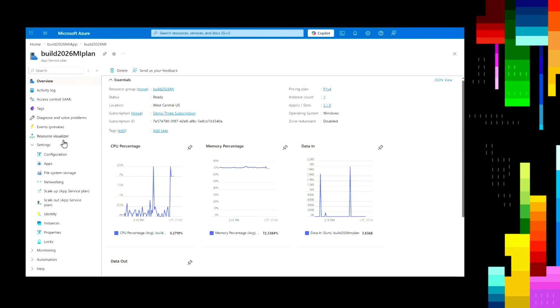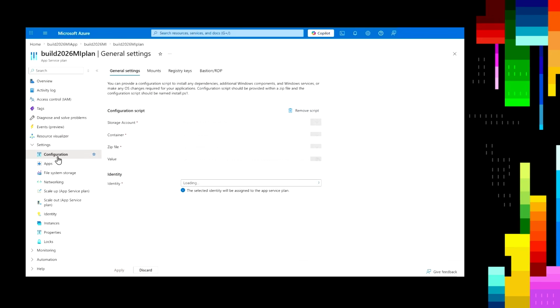So as you can see, this is very, very similar to what the existing app service plan looks and feels like. So no major differences other than you see a new option called configuration. This is pretty much what I showed you that I was trying to configure. Here you have the storage account, the script container, and the name of the zip file, which has all your installers